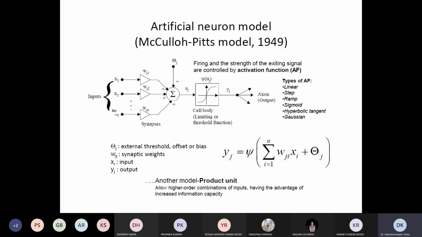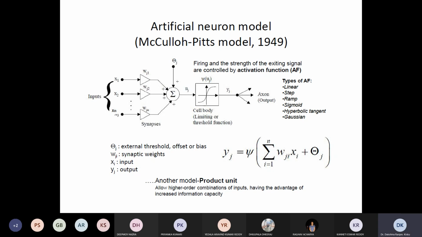The function of this model basically mimics the biological neurons of the human brain. Here the firing and strength of the existing signal are controlled by activation functions. So if you see the McCulloch-Pitts model,